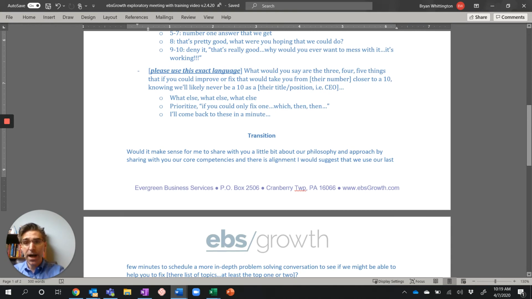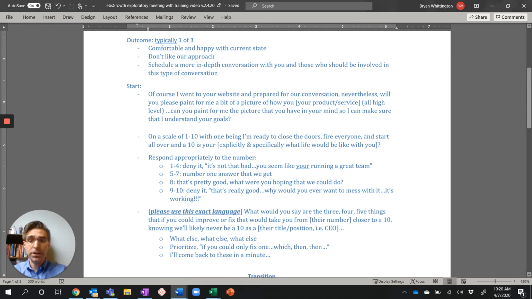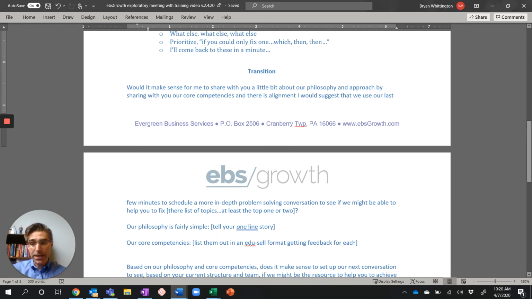Now, as a quick aside, depending on their personality, if they're a really strong personality, like think of a DISC profile, a really high D, or very analytical, that high C, or from a PI, Predictive Index standpoint, that type A personality, or that really detailed type, you might want to do this, or this core competency, sooner, before we go into this. So it's really going to depend on the personality, but it would be something along these lines. Whether it's at the very beginning or after we've gone through their list, then it's a transition to this.